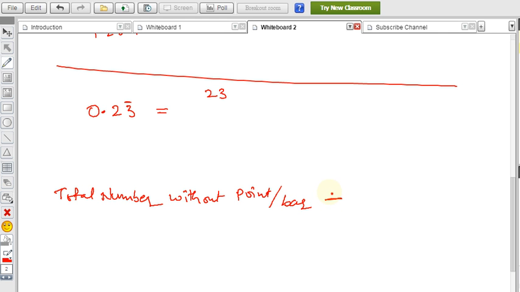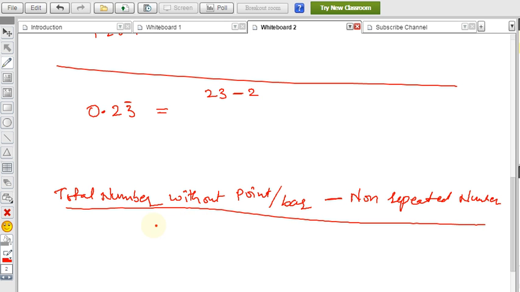Now minus the non-repeating number, which is 2, by, so don't consider the point or bar, 10 to the power